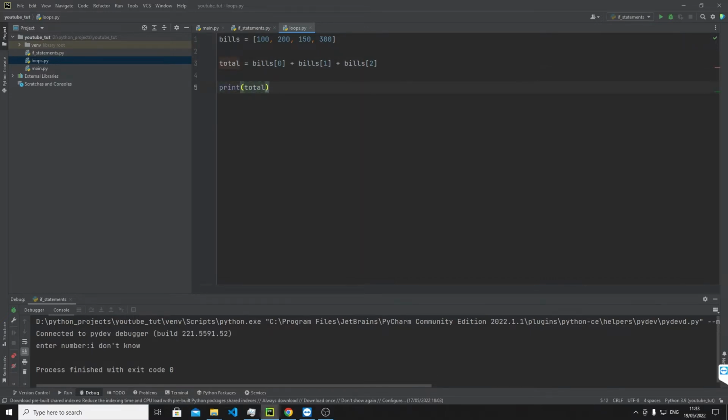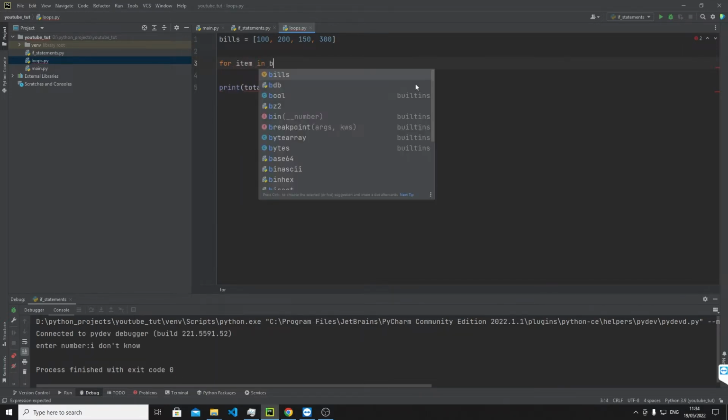Yeah? But that is quite finicky, because what would inevitably happen is if the list became incredibly large, like there's thousands or tens of thousands of list values, you can't add them all up by hand. That's tedious and stupid. So programming has obviously come up with an answer. So something along the lines of this, where you say for, and then you have to give a variable name. So let's say item in bills